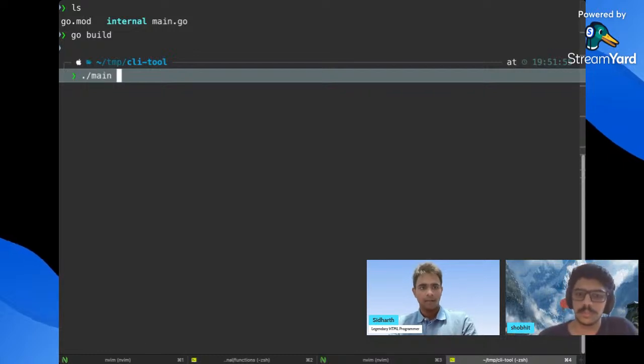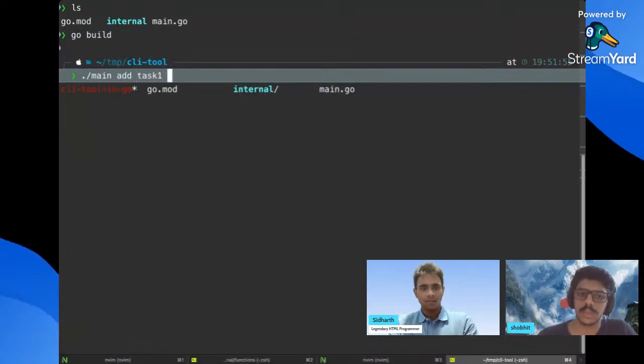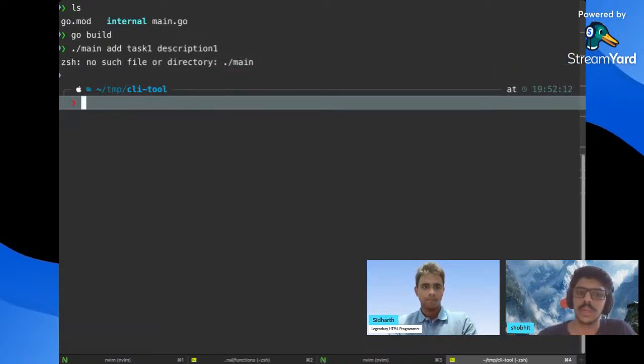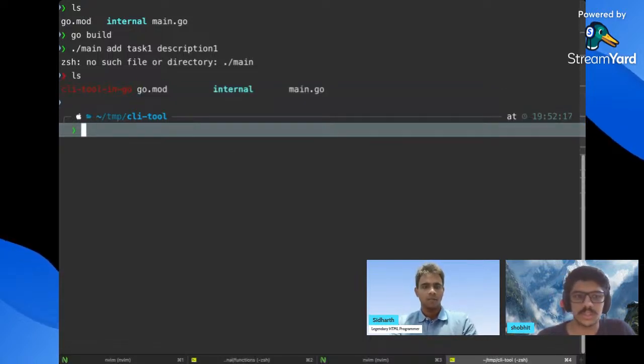Dot add, and then nothing to give because zero will be taken, so I will give a... oh, I have to just give the name. हाँ, task 1 ये हमारा, और डिस्क्रिप्शन description 1। अभी आई थिंक परफेक्ट। No such file, और go build main.go बेसिकली।